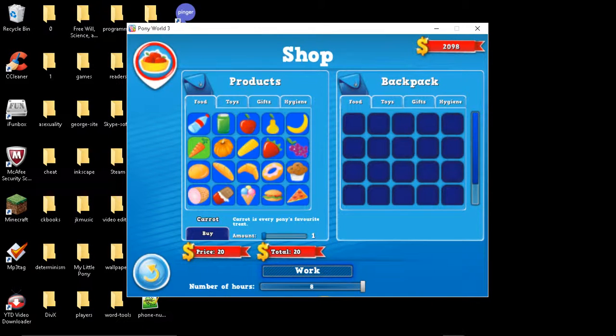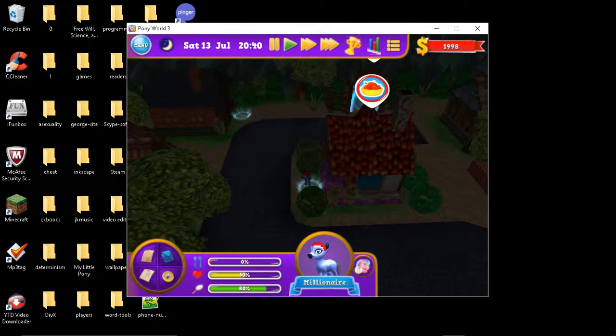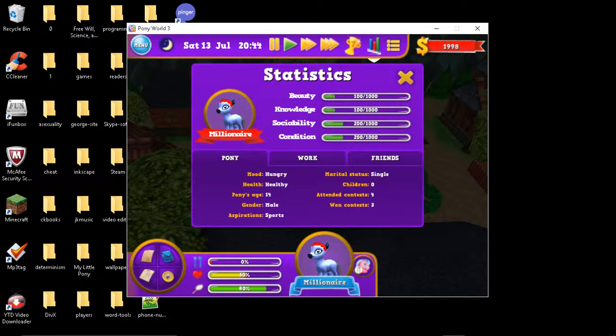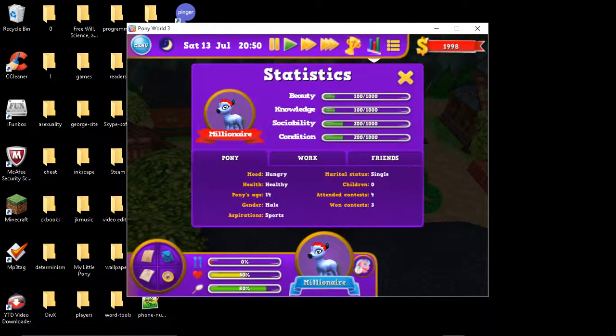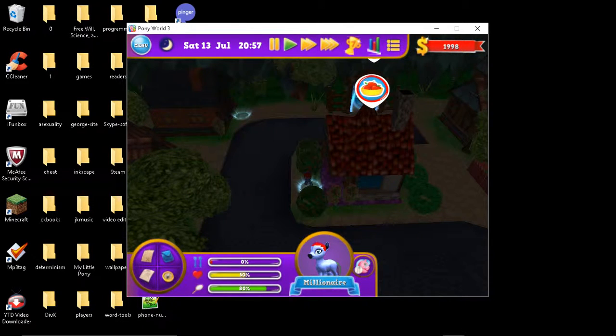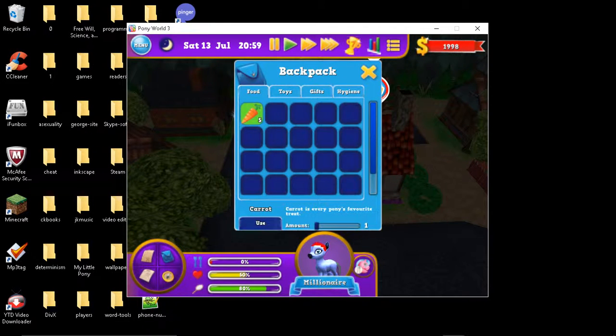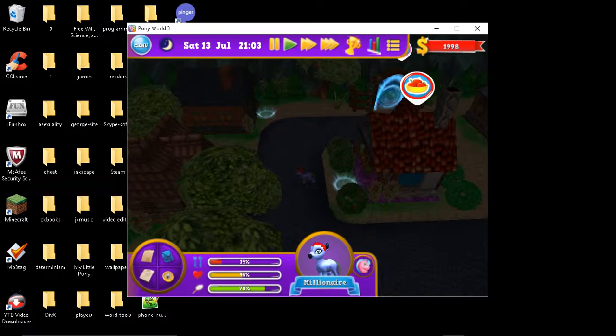So what I'm going to do is, let's see, buy 5 carrots, and see his health. It has gone kind of down. I think that's his health. Whatever. Let me look at that again. Attended contests: one contest. I don't remember winning any contests in this game. This game's weird. Okay, how about this time I eat 2 carrots,